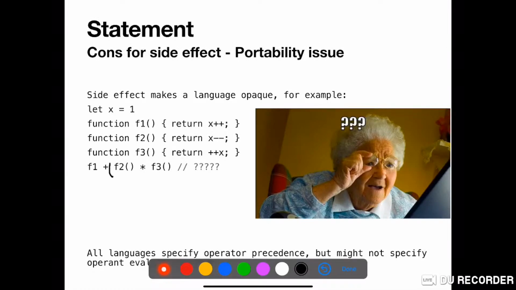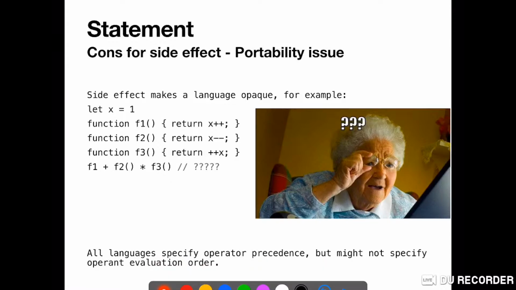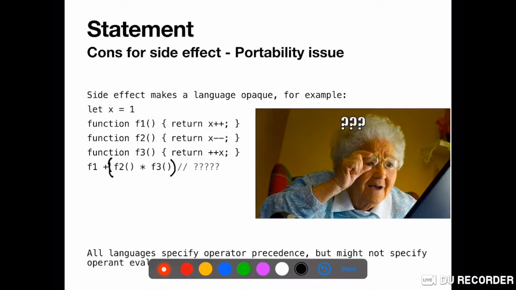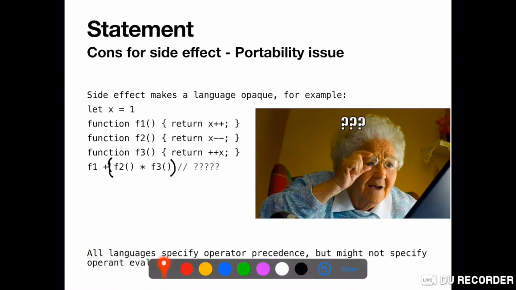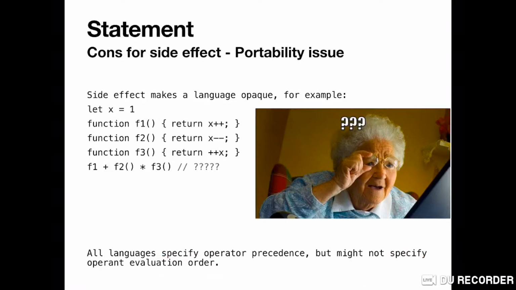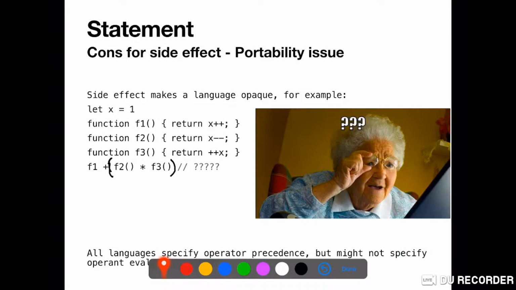So you think usually programming languages define operator precedence, and that is true. All languages specify operator precedence, but usually they don't specify operand evaluation order. What does that mean? That means, if our expression is evaluated in the same order as operator precedence, then